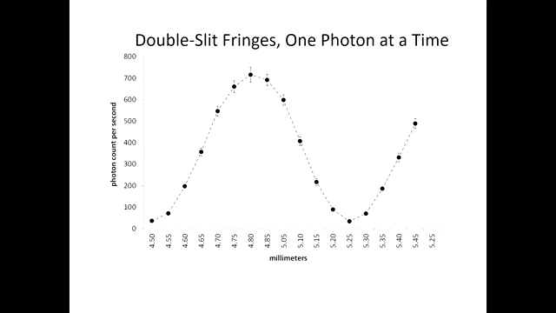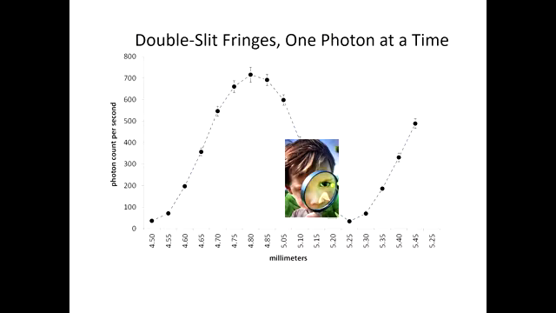So in this case, we decided to have observation linked to one of the troughs. Now, the trough exists in this case because of destructive interference. So we figured that if observation is getting rid of the interference, then photons should increase at that point. So we set up the system to look at that point with the prediction that when people observe the system, the line would go up.